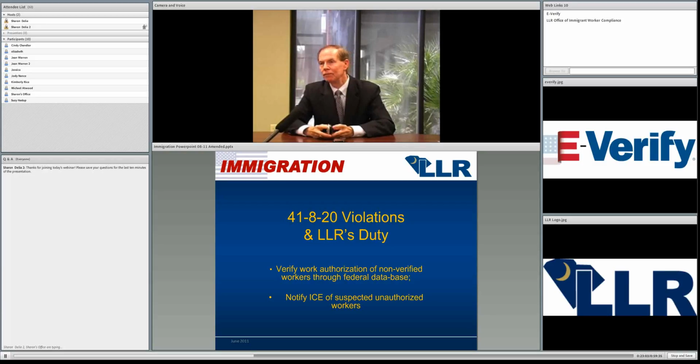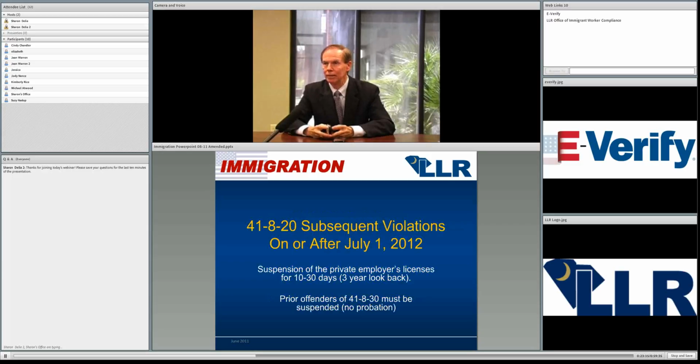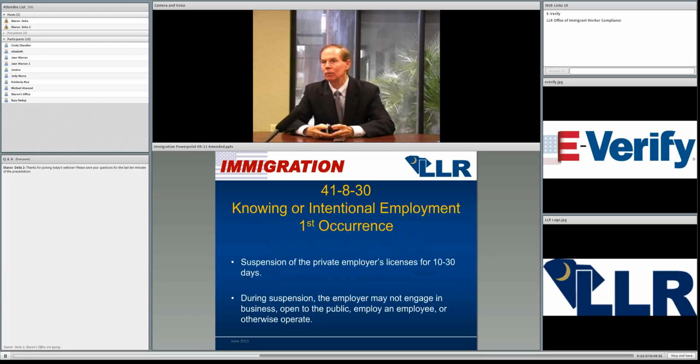So we have a duty to notify ICE if we identify illegal workers working at an establishment. We did that probably 100 times under the old law that we were enforcing. So we have to suspend the license for 10 to 20 days on a second-time violation. And if you have violated 41.830, which is knowingly and intentionally employing an illegal worker,